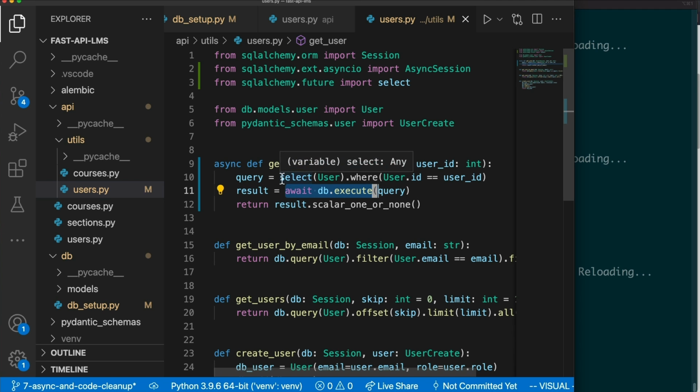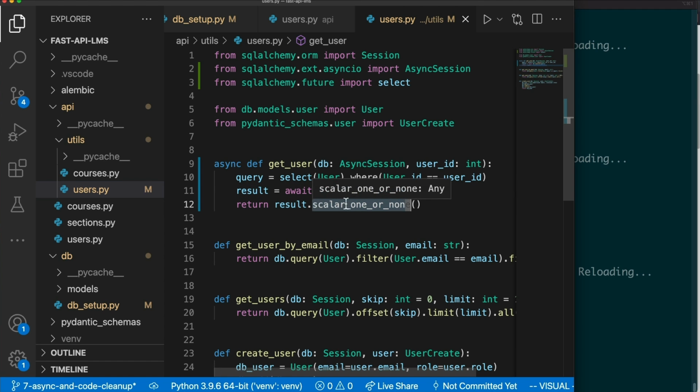I'm using the 1.4, the new 2.0 syntax for select from user, where user ID equals whatever user ID I pass in. So I build my select statement, save it in the query variable, and then I pass it to db.execute, which is asynchronous. So I await that, store it in result, and then there's this whole new API of